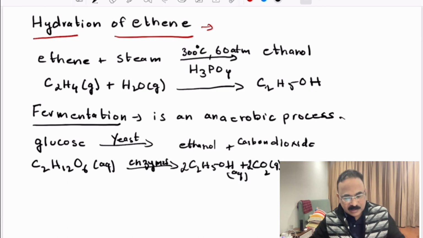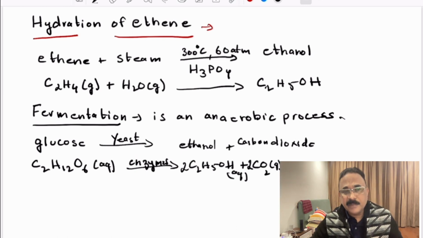Also, the procedure in fermentation is a very simple and straightforward process, whereas in the ethene method it's a more complex process. But there's a disadvantage of preparing ethanol by fermentation, and that disadvantage is that the product formed has to further go for